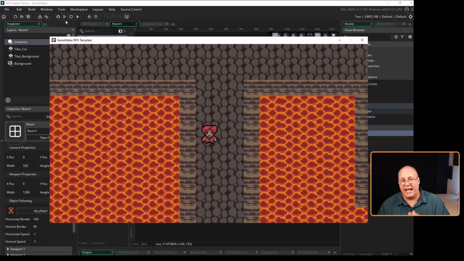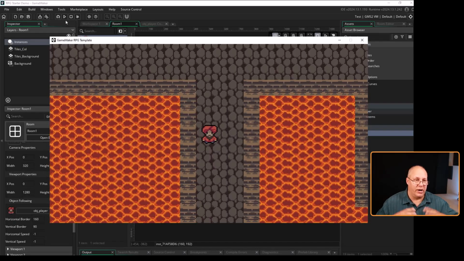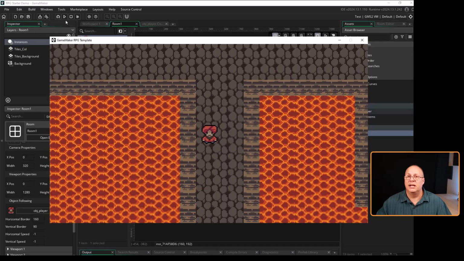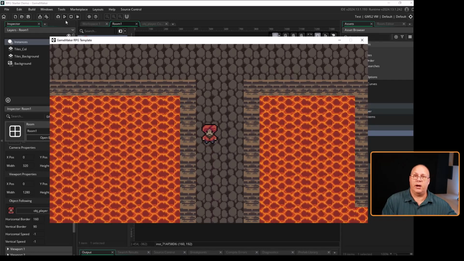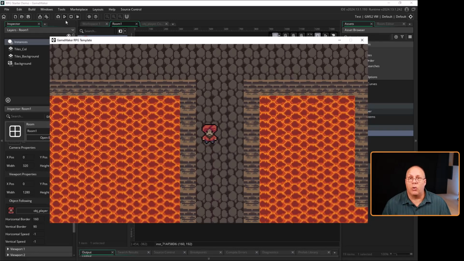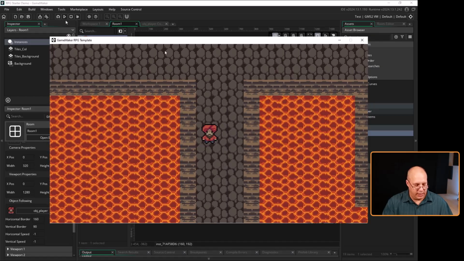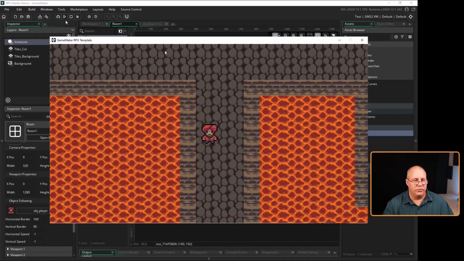So this is how we set up, this is what we want. We're very happy with this. It's a real easy way to set up our viewport camera so we can follow a character inside of our overall room. Now, one thing you might be noticing is as I move,